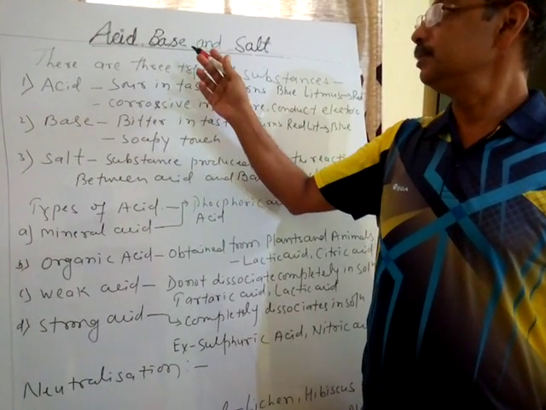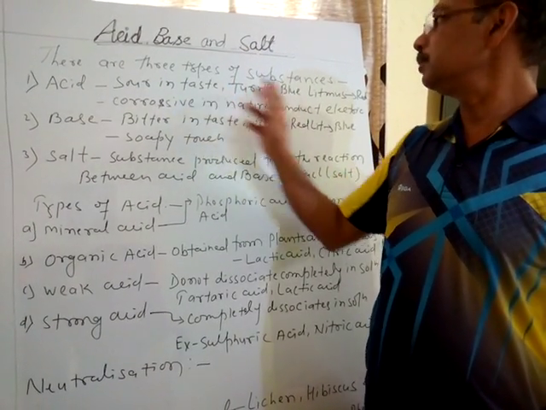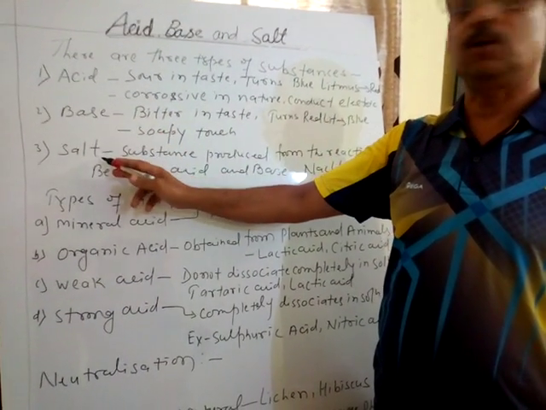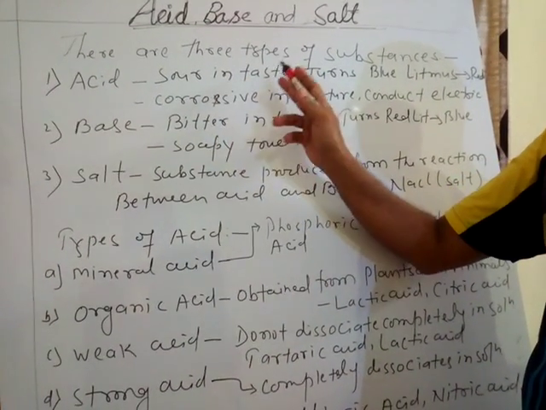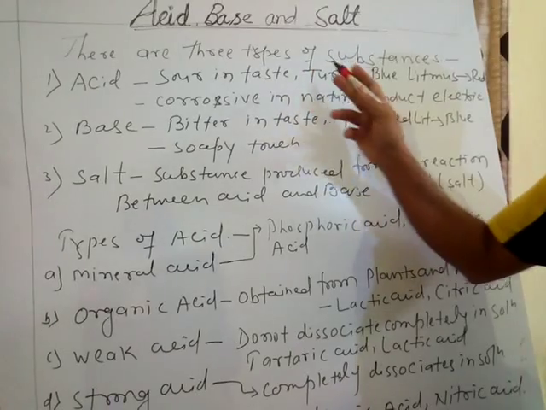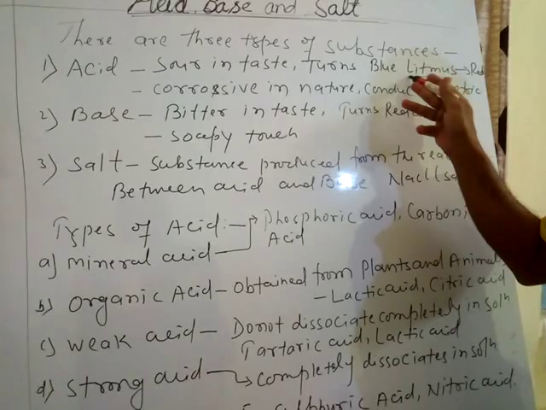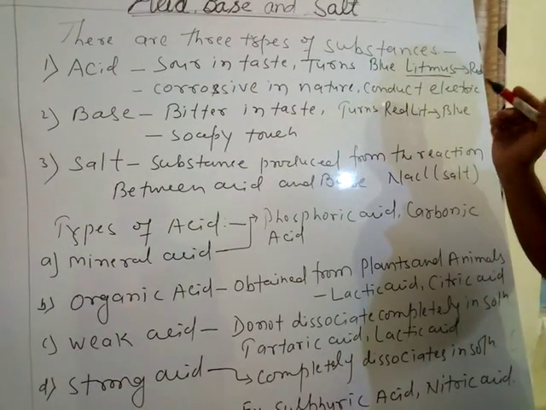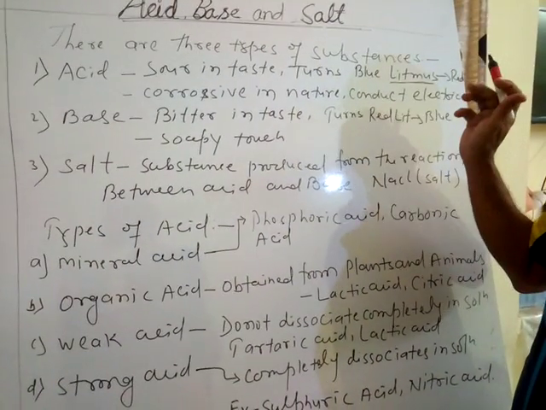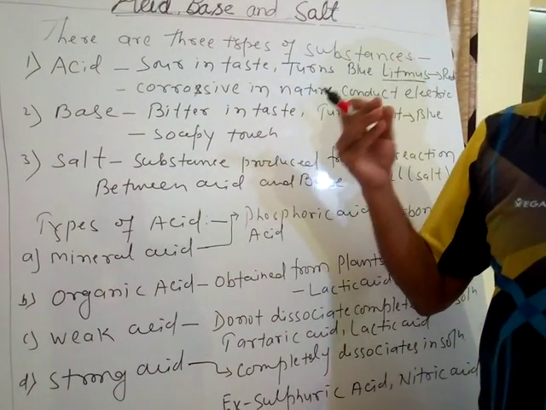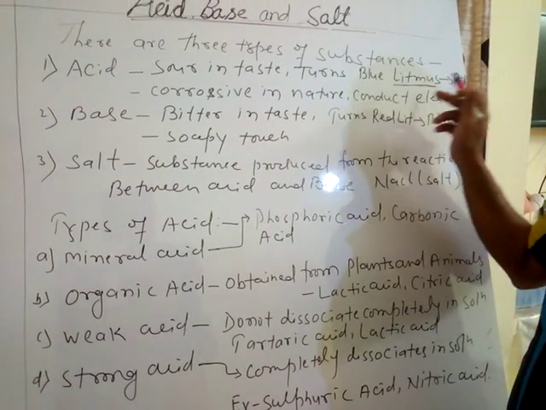So we have different materials, different substances. On this basis we have three types of substance, that is acid, base and salt. Acids are those substances which are sour in taste, means खट्टा होता है, and they turn blue litmus into red. Litmus is a substance which indicates the nature of a substance, which tells us whether the substance is acid or base. So that is a litmus paper. Litmus paper acts as an indicator which indicates whether the substance is acid or base. So if you have blue litmus, then blue litmus turns into red color.